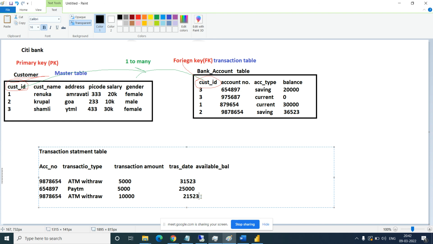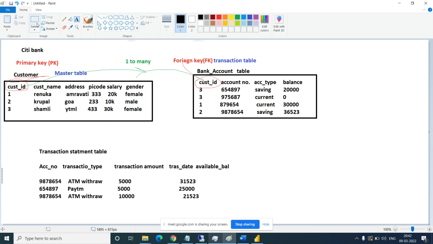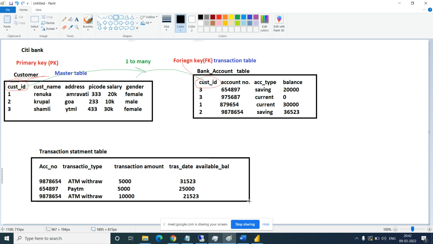That is a different thing at a detailed level. For now I am just creating the table, and you will understand why. So I created one table for the transaction statement. Now I want to find out the particular customer who did the transaction, and what other types of transaction they did. So which table do I need to connect, and how will I get it?